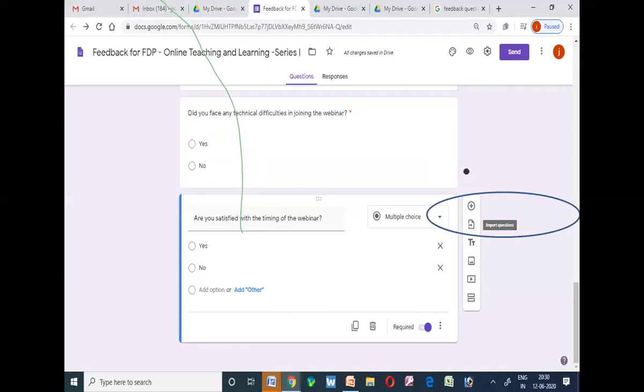For that, you need not create it from scratch. Instead, you can just import the questions by clicking here. Just create a Google form, as we have seen previously at the start of the program. Once you create a Google form, you will have only one option, question. At that time, you just import the questions.